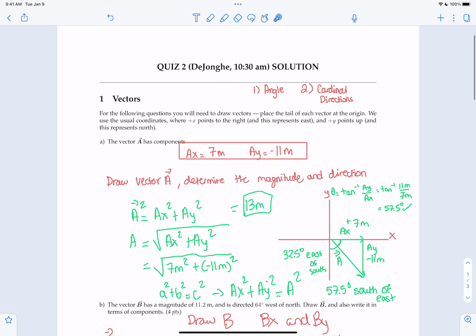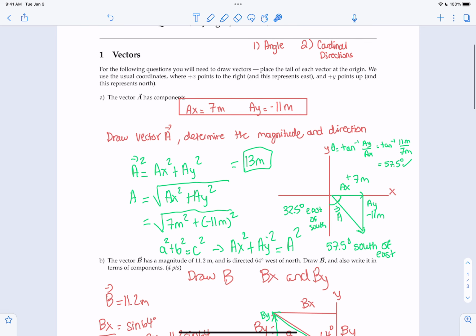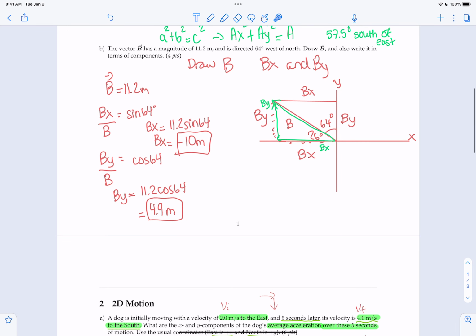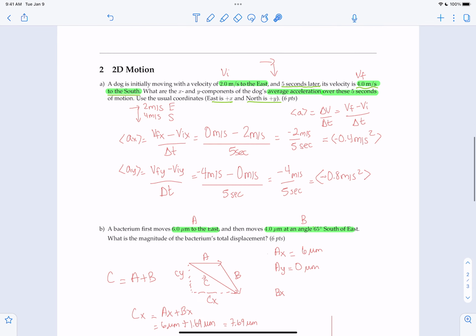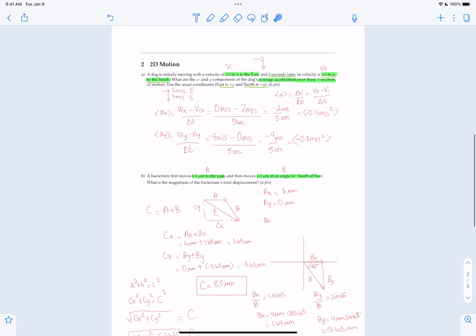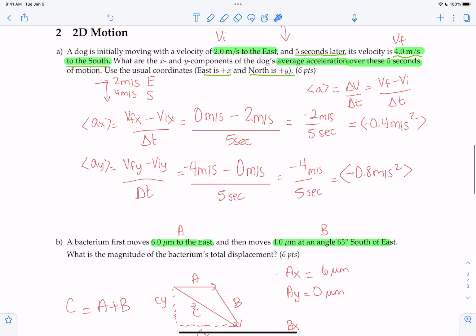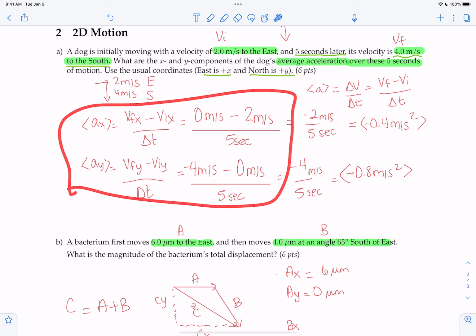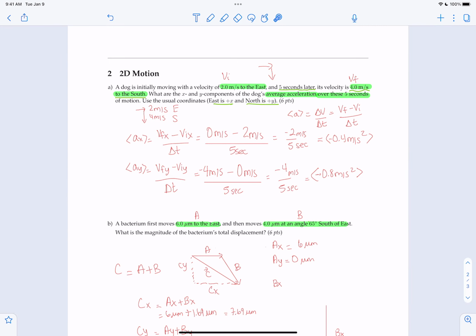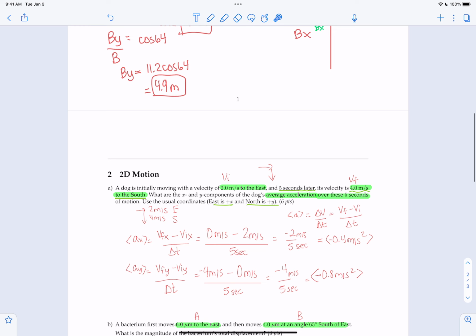But that's basically for the vector stuff, what you need to know for the directions. Let's see here. 2D motion, once again, is based on the vector addition stuff, but also making sure that you fully understand these equations, average acceleration, how it relates to velocity. You're going to do delta V over delta T, for example. And then outside of this quiz review,